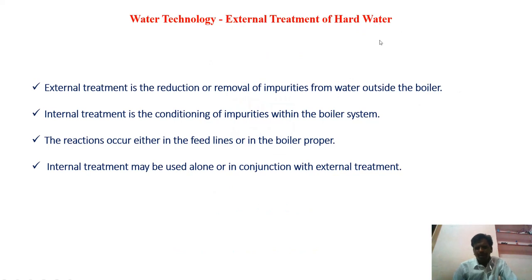We are using water in boilers to generate steam. To get that steam, the water should be heated in a boiler. In this process, there is a lot of chance of forming scale and sludge if that water contains calcium and magnesium ions. That means if it is hard water, then scale and sludge will form on the surface of the boiler. So, we have to remove those calcium and magnesium ions before feeding the water into the boiler.